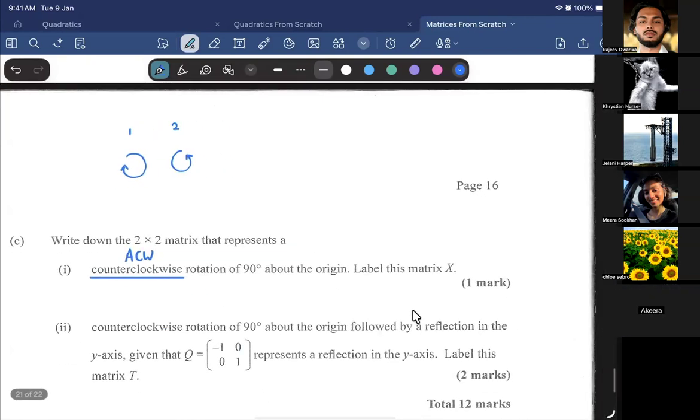So, Chloe, they want us to write down a 2 by 2 matrix that represents a counterclockwise rotation